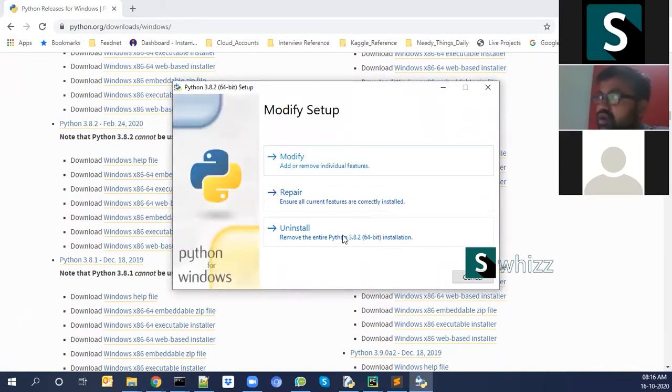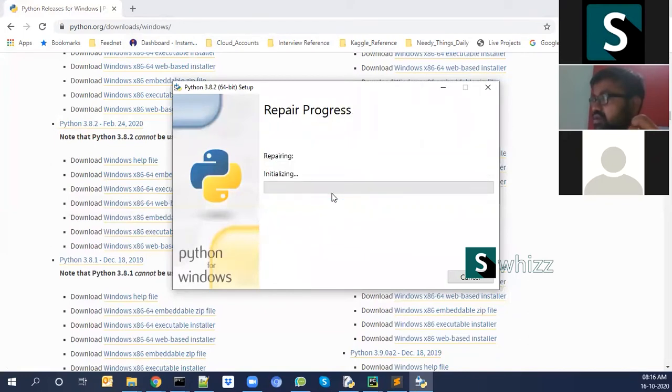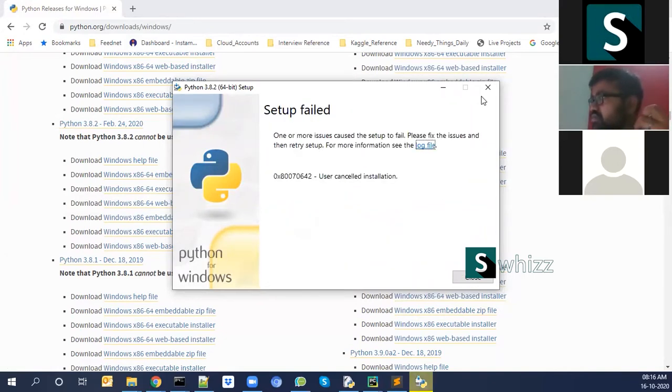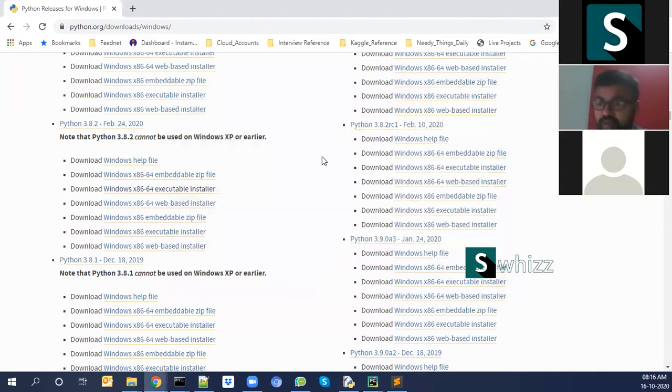So I already installed my Python, so I'm getting this window, but you will get options like Install Python. You need to select the customized way. Let's see, can I modify, remove individual features or repair? No. Can you tell me what are the few things you are getting? Yeah, sure. I'll just download and let you know. It's still in process. Okay, we'll wait for that.